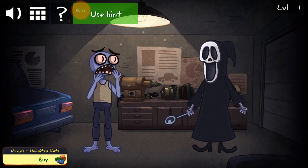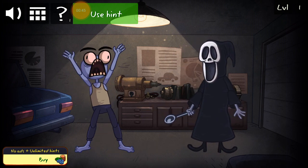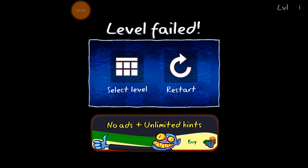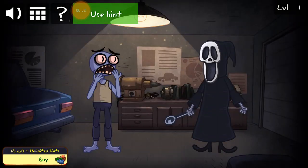So I just tapped his face, tapped his feet, nothing. If I tap the ghostly guy, he got me. So level failed. So after a while of messing around in here, I figured out if I pull down on him,